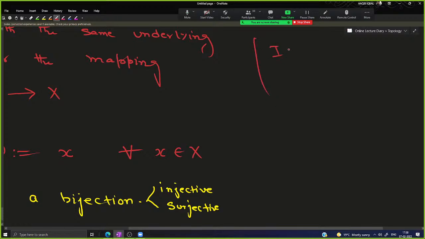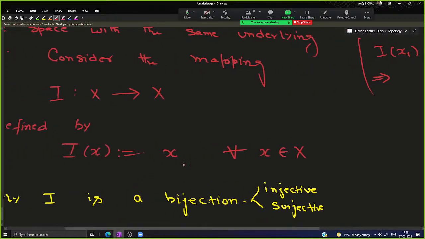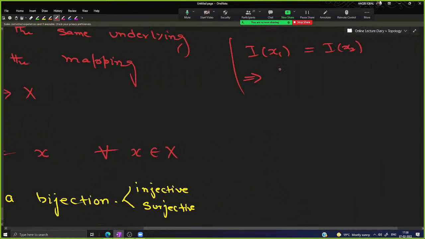इंजेक्टिविटी तो बहरहाल उसमें कुछ है ही नहीं, बिकॉज इफ आई से दैट I of x1 इज सेम एज I of x2, इसका मतलब क्या होगा? व्हाट इज I of x1? बाय डेफिनेशन I of x is x, so what will be I of x1? x1. So saying that I of x1 is same as I of x2, it amounts to saying that x1 is same as x2, and this means I is injective, it is one to one। ठीक, तो ये होगी इंजेक्टिविटी।